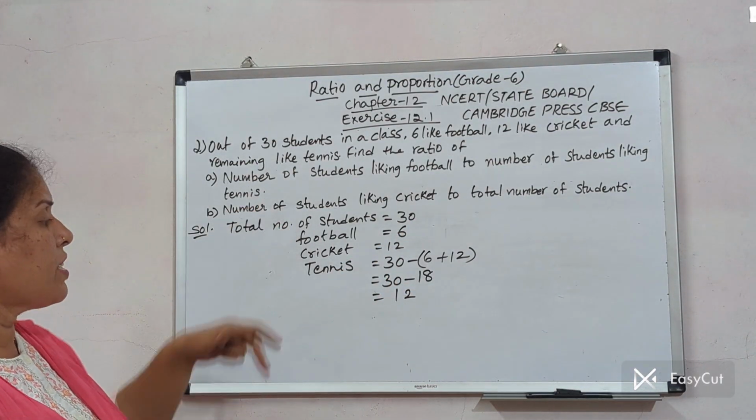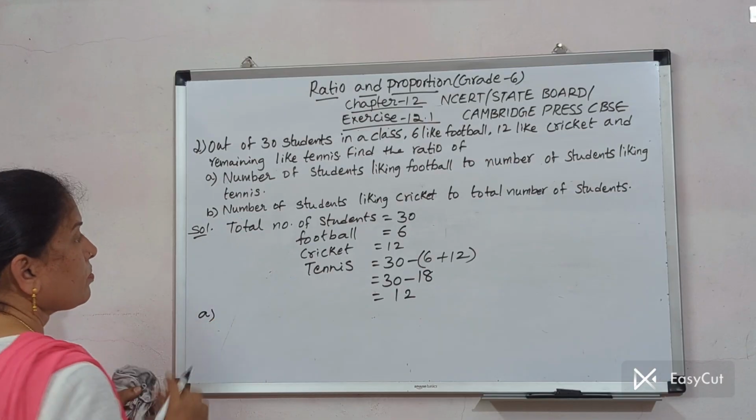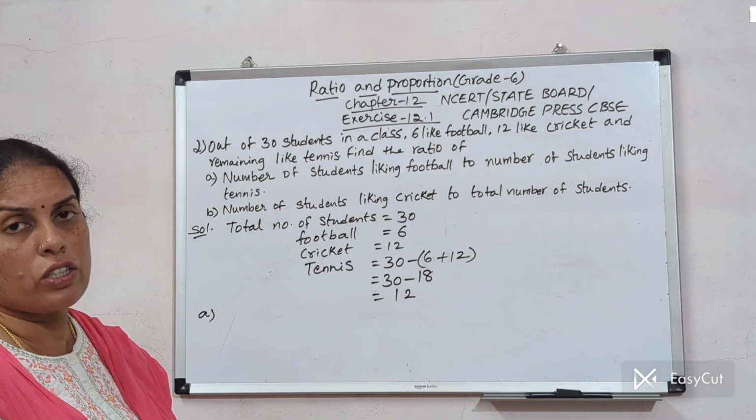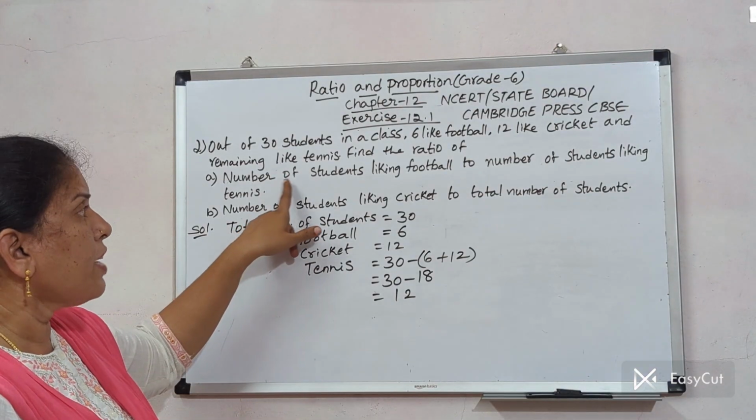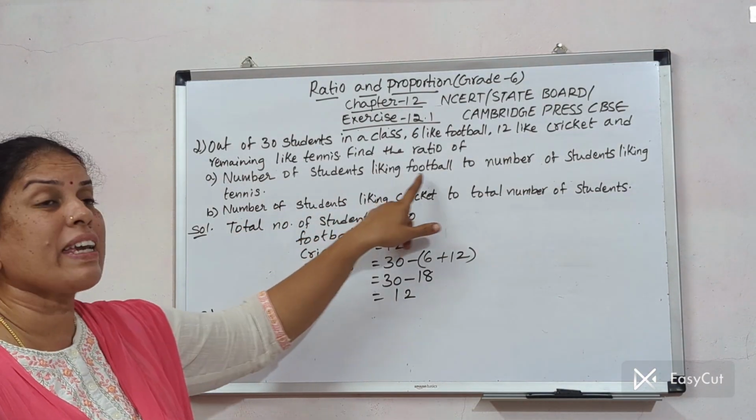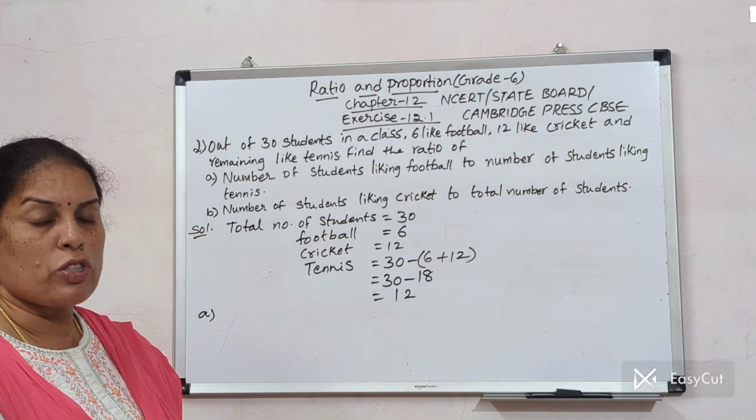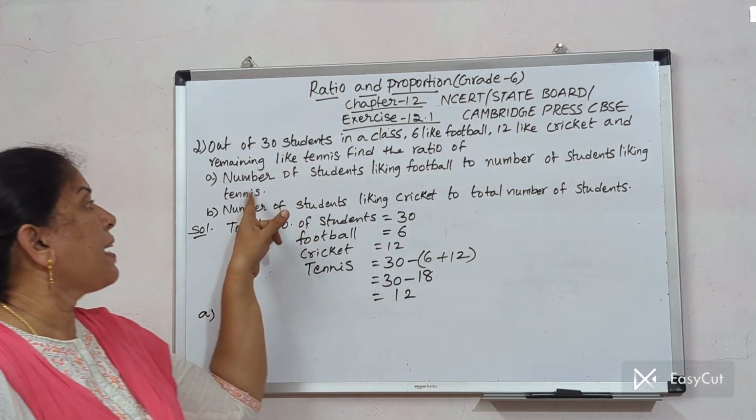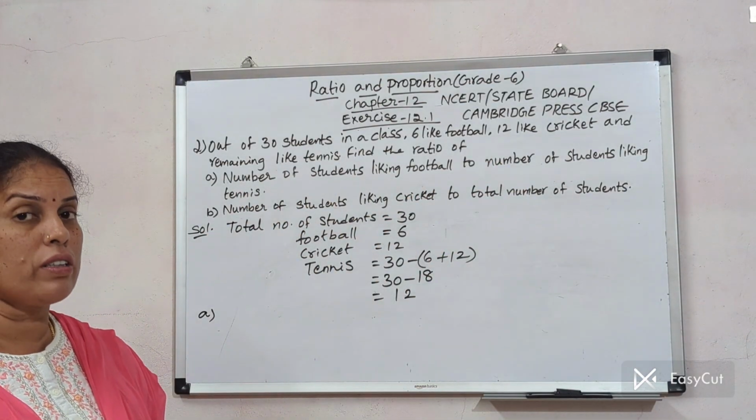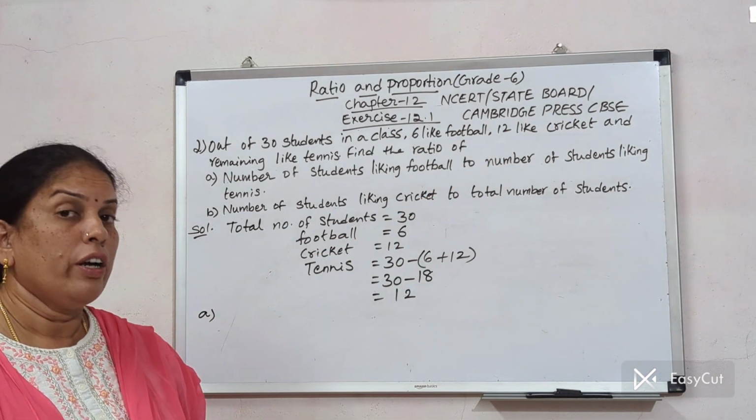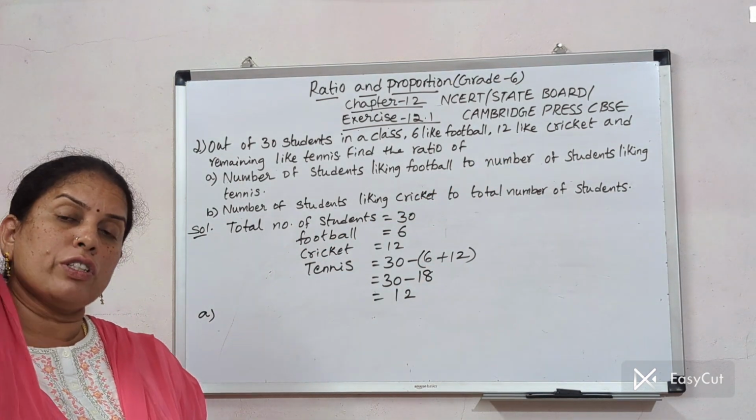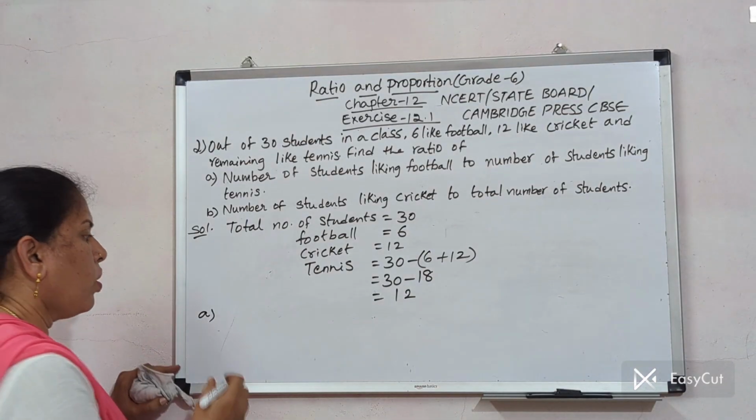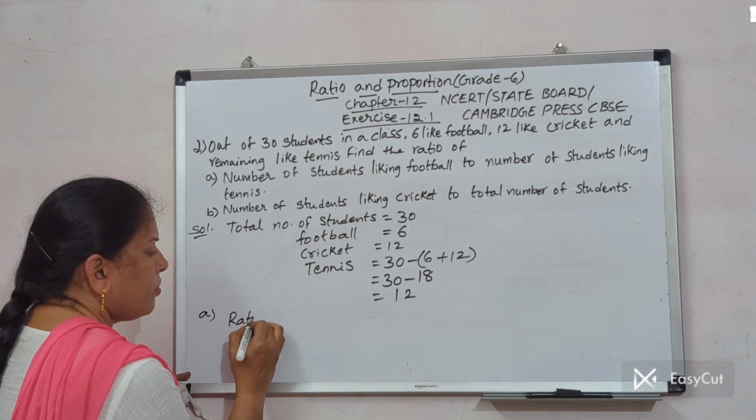Okay. What is the first question? Find the ratio of the number of students liking football to the number of students liking tennis. You must find out the ratio for football and tennis. Don't change the order. If you change the order, the whole answer becomes wrong. So, ratio of